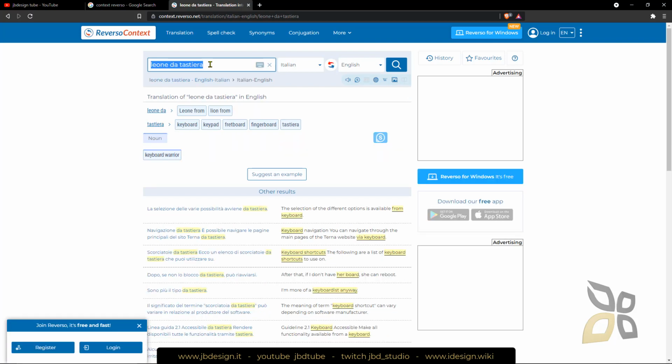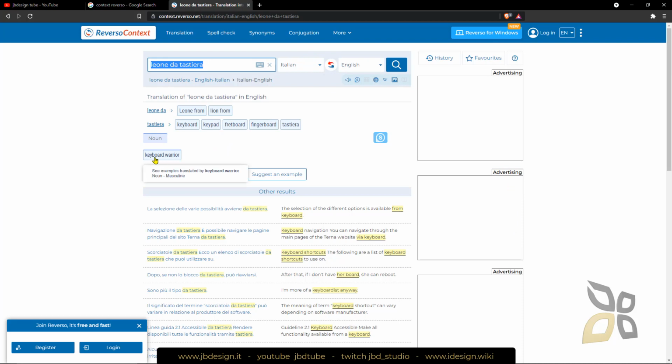If I press enter, it's going to detect automatically that this is in Italian, and it's going to make the English translation. You can see that this is keyboard, but in English leone is lion, so we say keyboard lion instead of keyboard warrior.